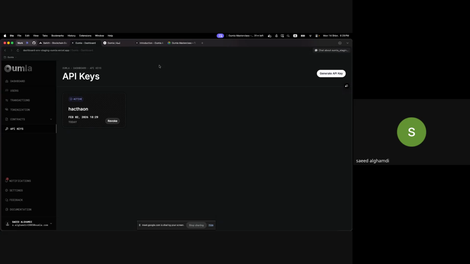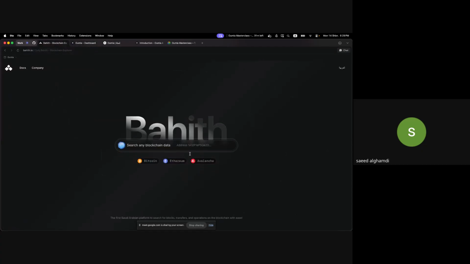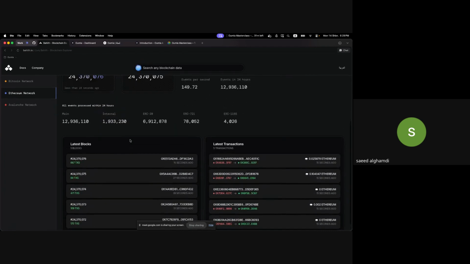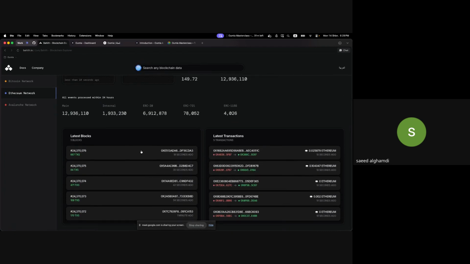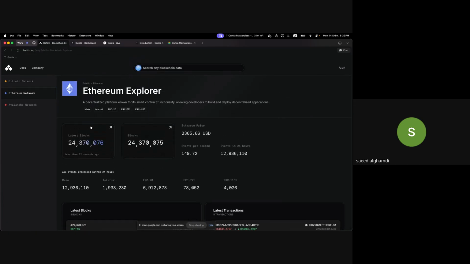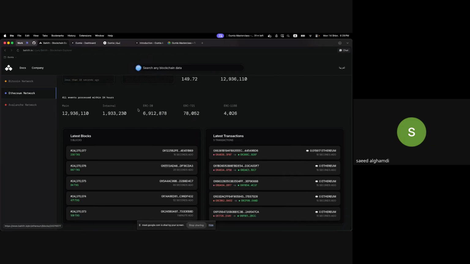Yeah, and one more thing actually, last but not least, the Bahith Explorer that we have here. It supports English and Arabic as well. As Mishari mentioned, it displays all the transactions on the specific networks that we support now: Bitcoin, Ethereum, and Avalanche, as well as the private blockchain that we have. Also, we support it.